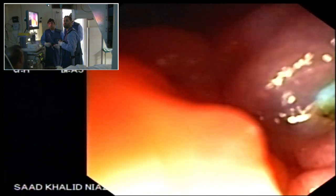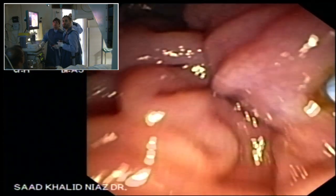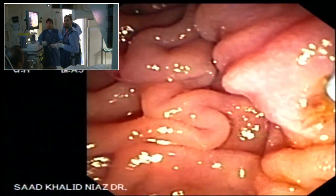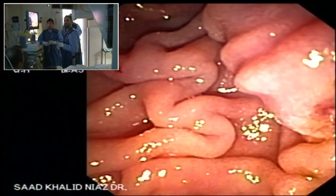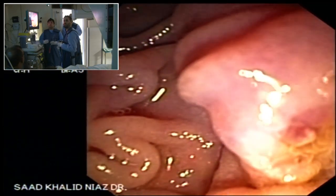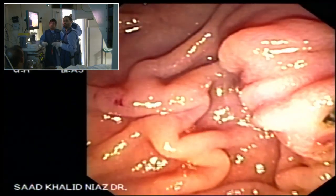बेटे सर, आप पेपिला को ऐसे नहीं वो कर सकते, यू हैव टू। या तो जैसे उनने पहले दिखाया था, थोड़ा टिप ऑफ द गाइड वायर यूज़ करें, गाइड वायर का टिप ज़रा निकाल दें बस इमेज के लिए। हाँ, मामूली सा। हाँ, अब यू ट्राई टू गो थ्रू दैट, क्योंकि पूरा कैन्यूला आप इसमें इस तरह नहीं डाल सकते, यू हैव टू।